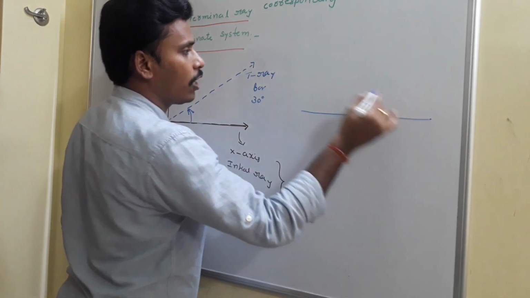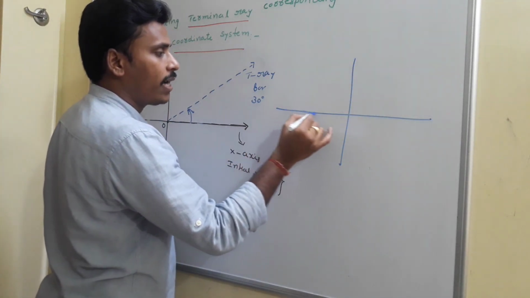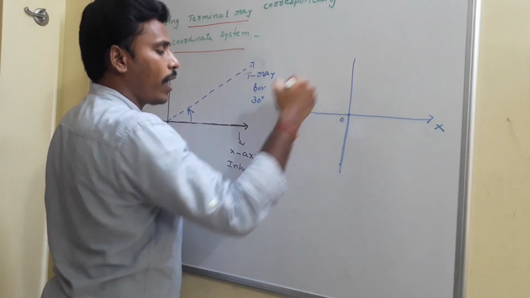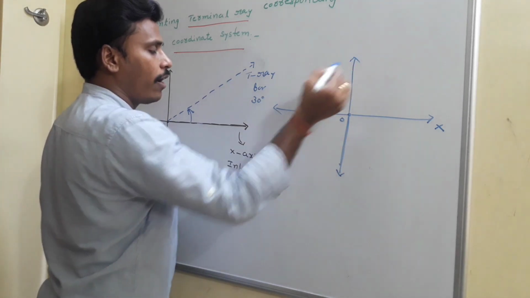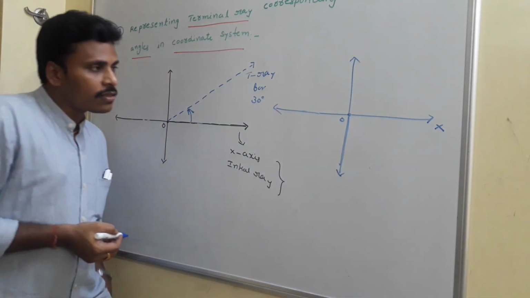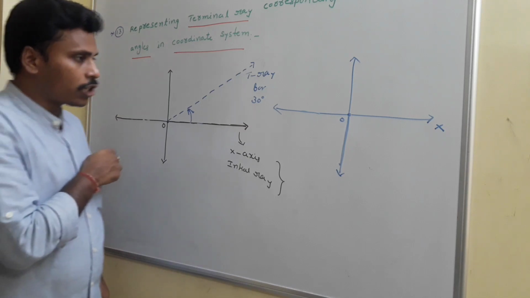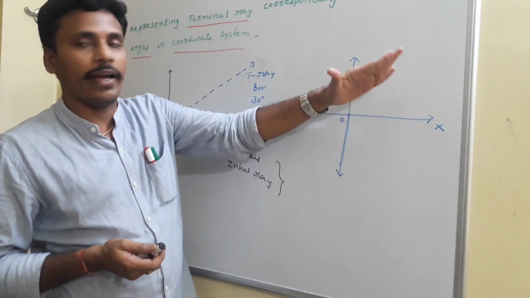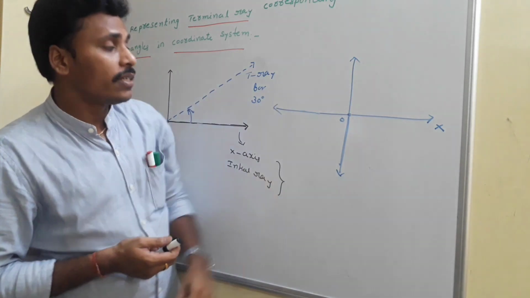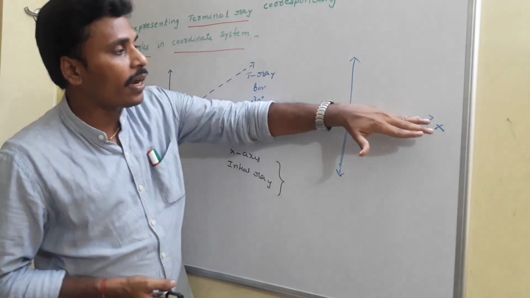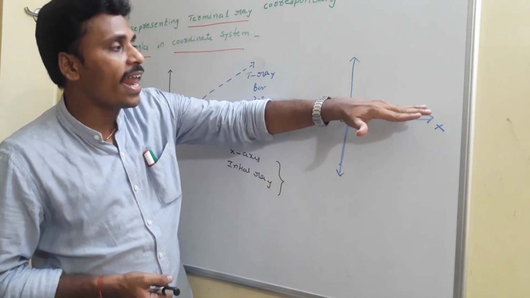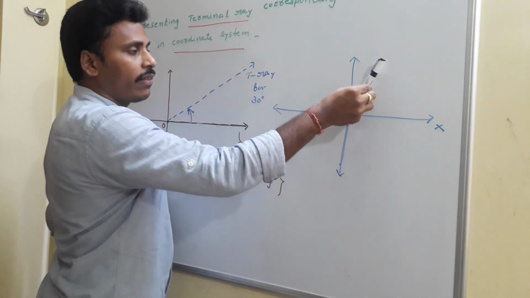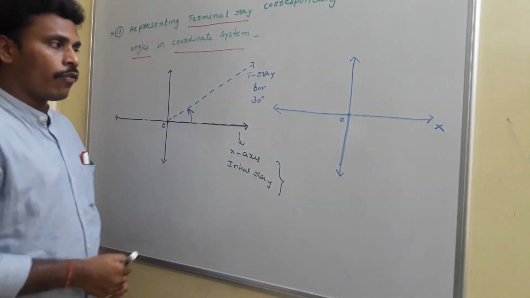See, suppose this is the usual coordinate system what we have in our hands. This is the origin, this is the x-axis, this is the y-axis, and this is negative x and this is negative y, and we know everything, right? Now my task is we need to rotate this positive direction of the x-axis as per the given angle. Now suppose you rotate this x-axis by an angle of 90 degrees, see this is the initial ray. If you rotate by 90 degrees, then it exactly meets the positive direction of the y-axis.